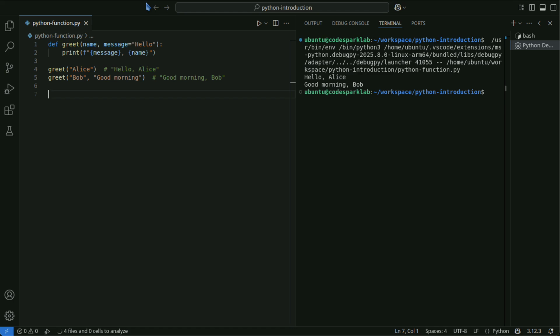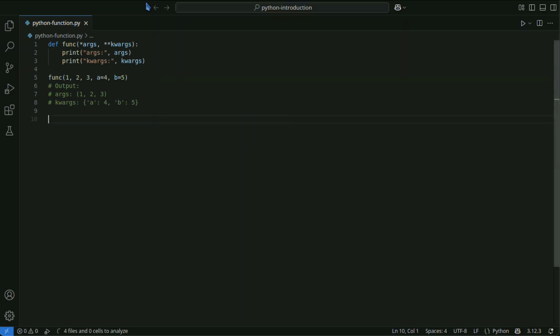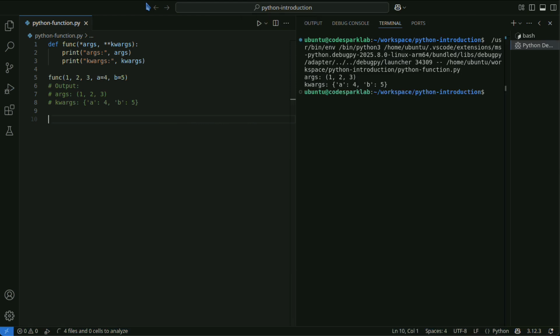Variable length arguments: *args receives multiple positional arguments as a tuple, and **kwargs receives them as a dictionary. By using functions correctly, you can write Python programs more effectively and efficiently.